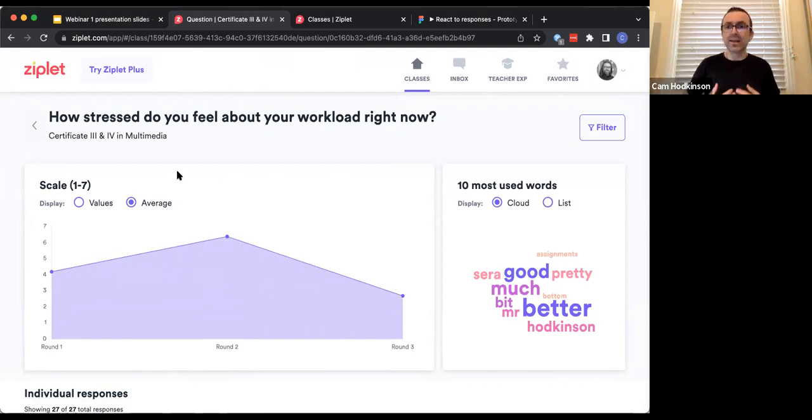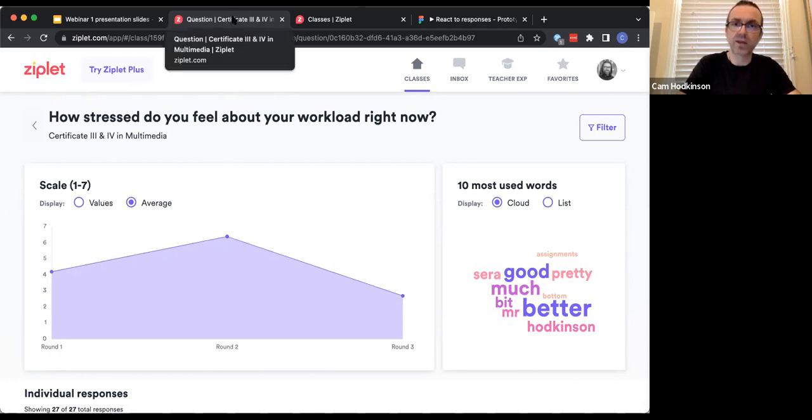And I think as an educator, reflecting on the strategies that I've implemented, the changes that I've made in the class, this is a really good way of quickly gauging whether they've taken effect and whether they've had an impact, and how much influence, to Nick's point earlier, I'm having on the well-being of my students. So this is one really powerful way of using scale and asking questions over time to track well-being.